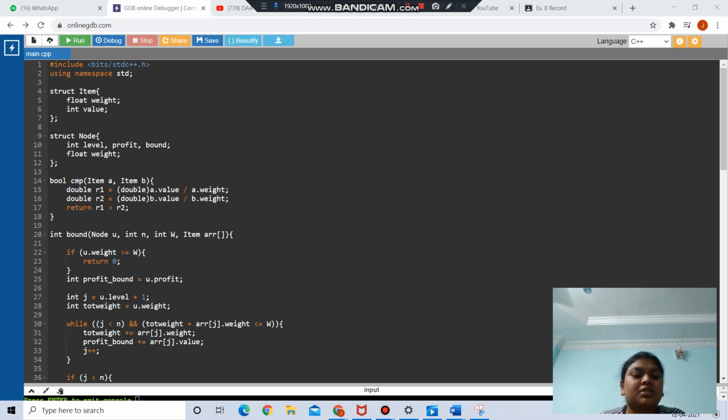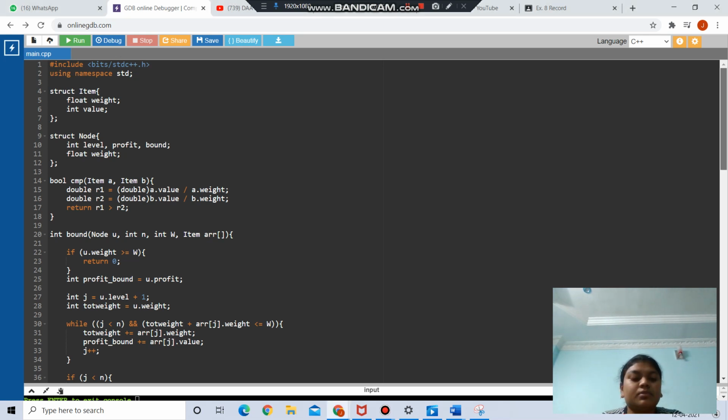And here I am using the while loop. Inside this while loop I have given j less than n, and totweight plus arr[j].weight is less than or equal to W, and totweight plus equals arr[j].weight, and profit_bound plus equals arr[j].value, and j increment.